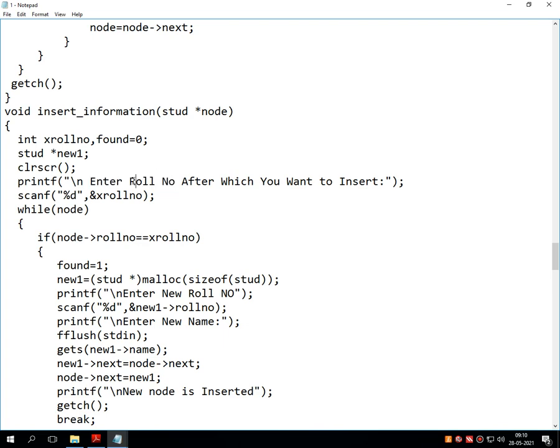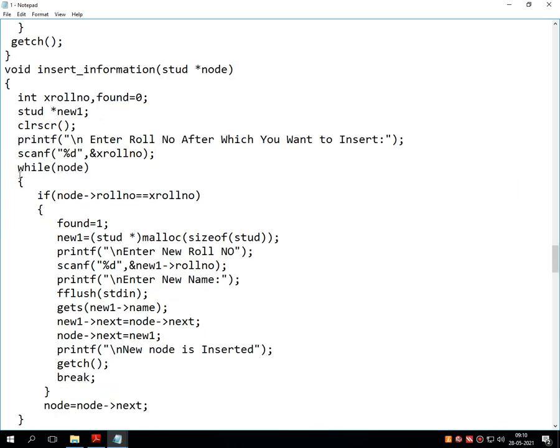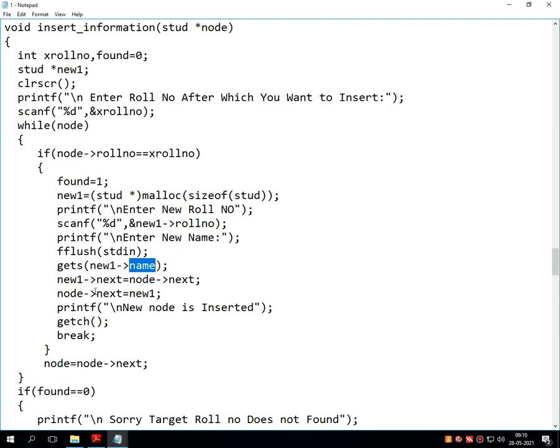So here I have to enter one roll number. Once I enter the roll number, that roll number should be found. Once that roll number is found, a new node is created, and into that new node the roll number and name are inserted, and then that new node makes the connection with the next node, and the message that comes onto the screen is new node is inserted.